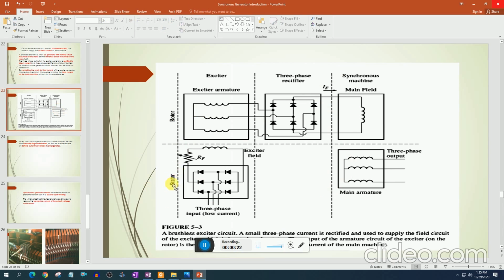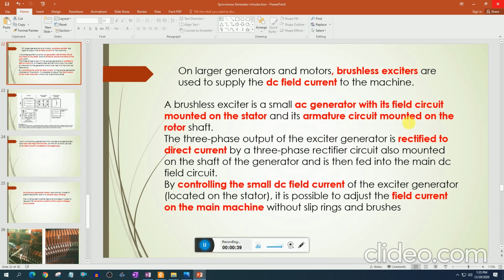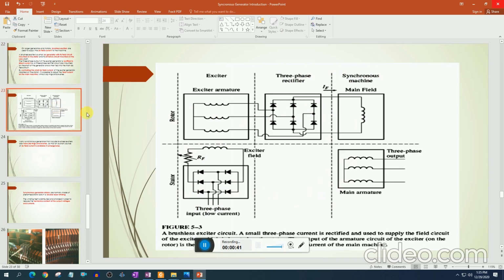Like this. This is the stator, and the field circuit is mounted on the stator, and the external DC supply is connected to this stator winding, this field winding. And the armature circuit is mounted on the rotor shaft. Like this, the armature circuit is mounted on the rotor shaft, and this rotor shaft is rotating, so this field winding